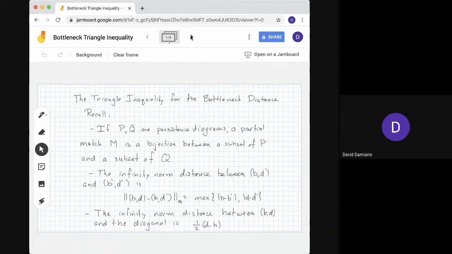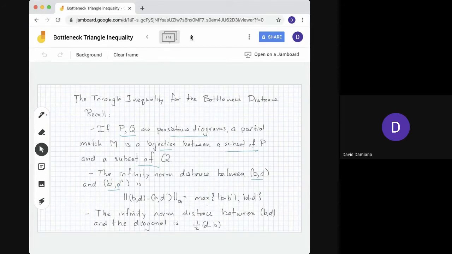Hi, this Jamboard session is about the triangle inequality for the bottleneck distance. Recall, if P and Q are persistence diagrams, a partial match is a bijection between a subset of P and a subset of Q. The infinity norm distance between points (b, d) and (b', d') is defined to be